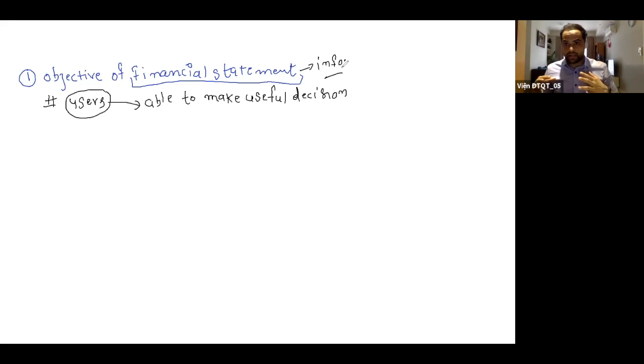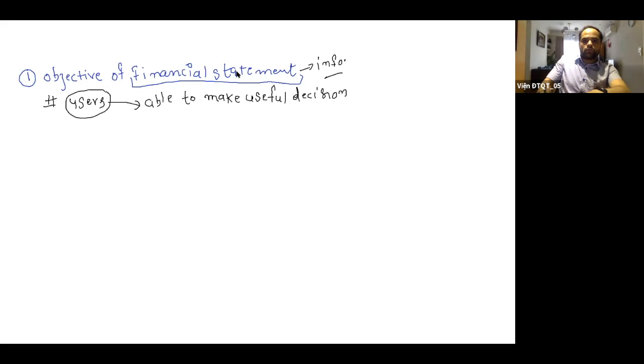If customers are not able to make decisions, they are not going to understand whether they should buy or not. As a result, the company is not going to be able to generate operating revenues if customers do not buy products from the company, right? So that's why financial statements are important, right? Okay. Now move on to the